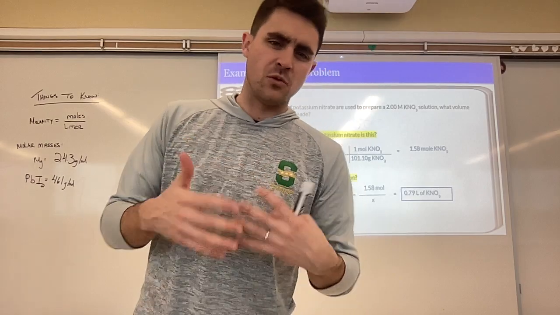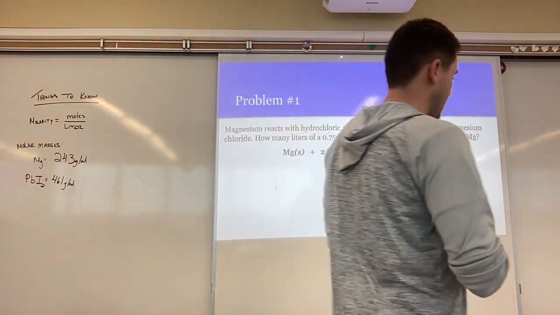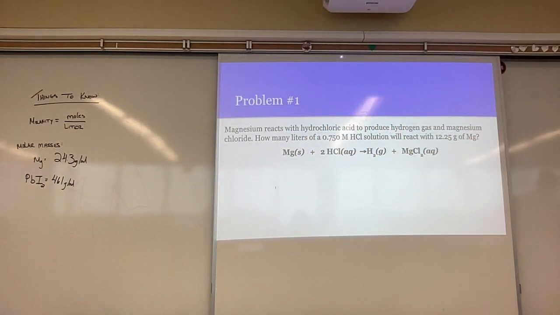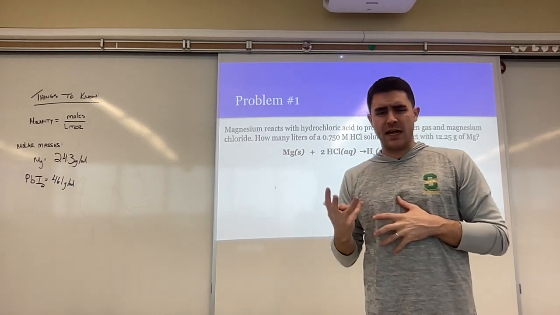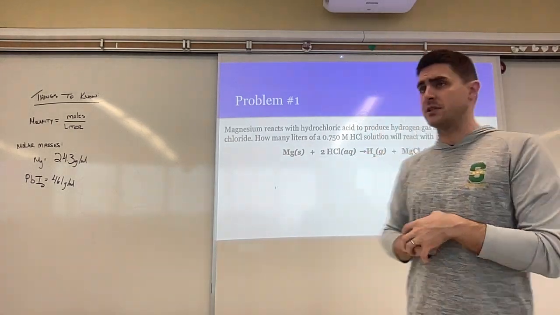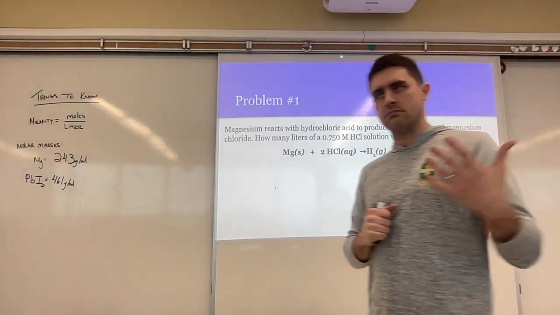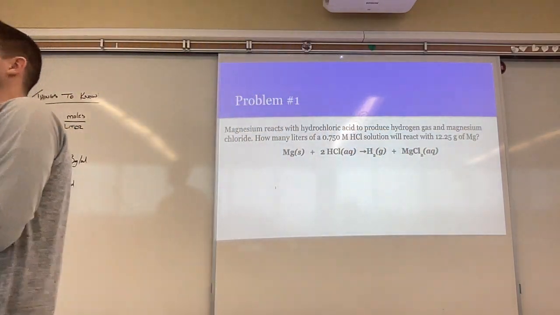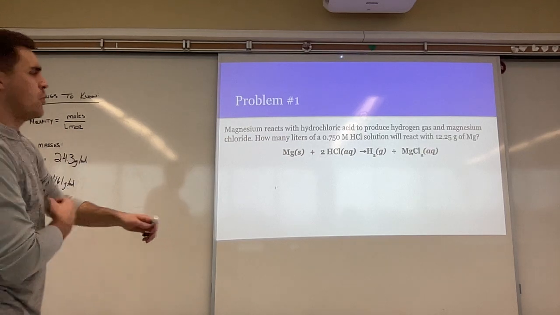This is something we've been covering, this molarity calculation. Something we haven't necessarily been covering is using that molarity calculation in a stoichiometry problem. So for example, now I'm not just curious about the concentration of something, I'm actually curious about how much product I can make, how much reactant might get used. So here's an example. I've got magnesium. Magnesium solid in a single replacement reaction reacts to hydrochloric acid and it produces hydrogen gas and magnesium chloride aqueous. It's ions in water. My question is how many liters of a 0.75 molar solution will react with 12.25 grams